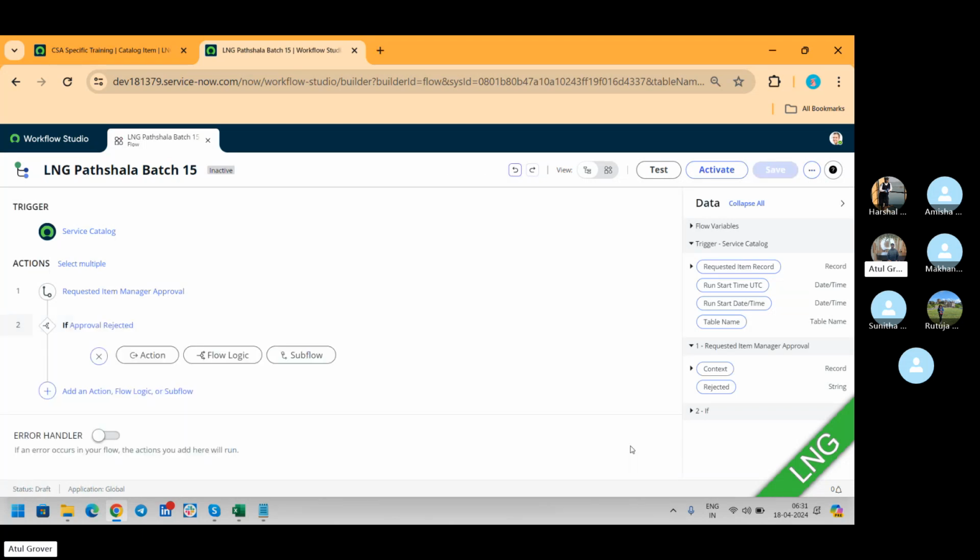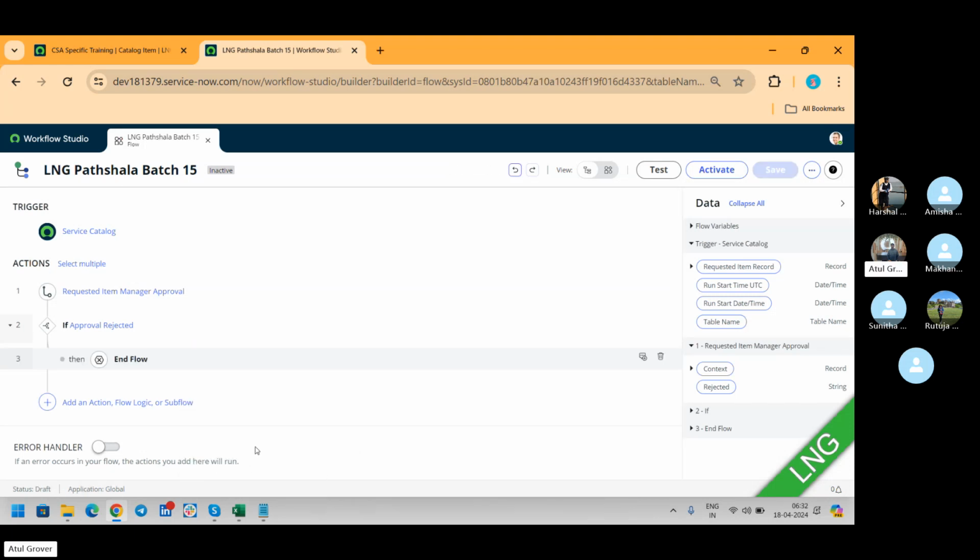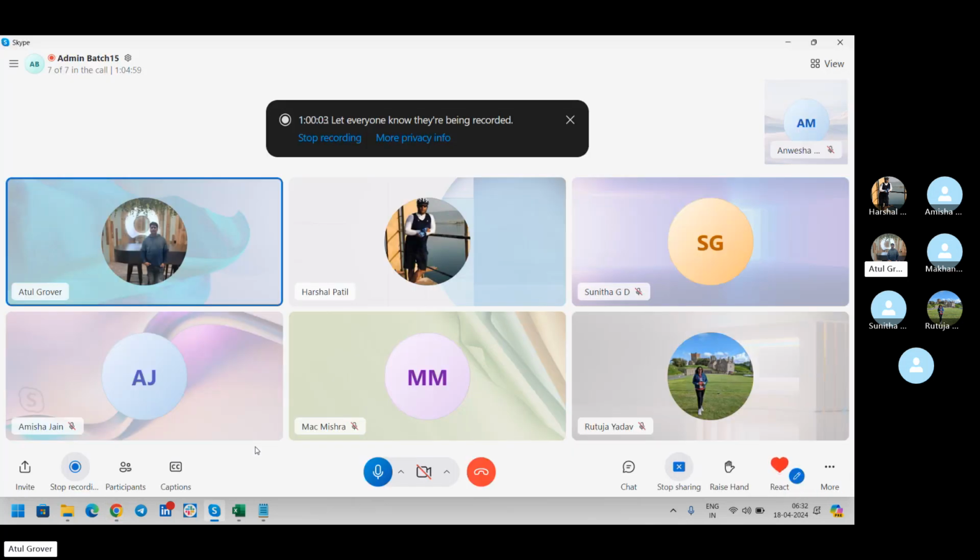अब क्या करो? सिर्फ मैंने ये बोला है कि अगर रिजेक्ट ट्रू हो गई, अगर रिजेक्ट हो गया, if my request is getting rejected, then what to do? Go to the flow logic और एंड कर दो फ्लो को। भैया कुछ नहीं करना, खत्म। Same example, Amisha said to her father that I want to get a new bicycle. फादर साहब says no, चैप्टर क्लोज, फ्लो हो गया।